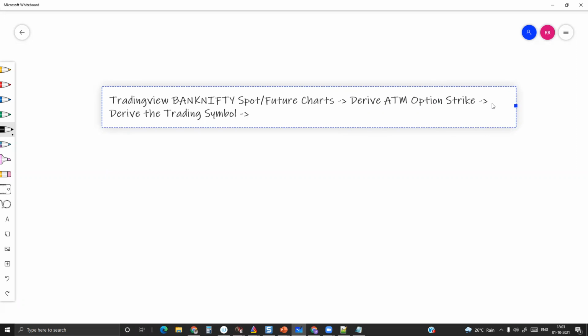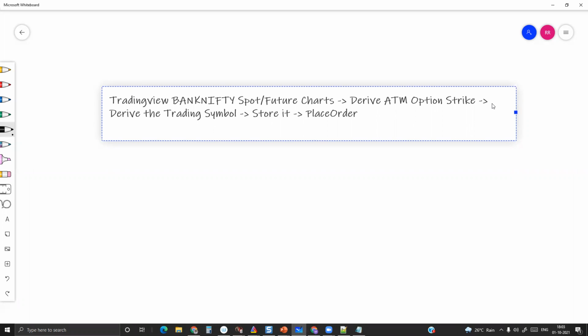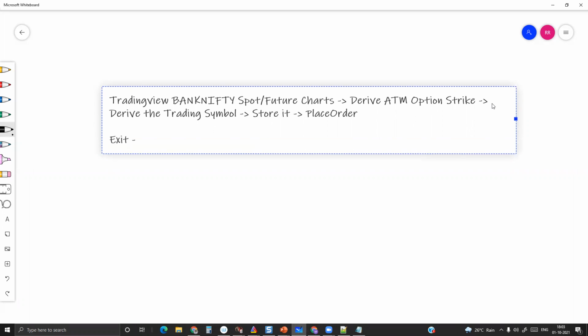What do you have to do from here? Derive the at the money strike, derive the trading symbol, and store it, because then you have to use place order for that particular symbol. While exiting, you have to read that particular symbol.